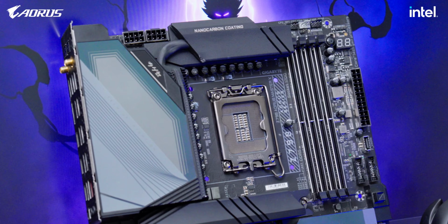Last but not the least, let's also talk about the connectivity part. You're getting a brand new I/O shield, that too with a new vented design. Have a closer look. You'll actually observe that there are tiny holes over here for improved air ventilation. The Aorus Master X offers plenty of ports on this board. You're getting almost 11 USB 3.0 Type-A ports and 3 super fast USB-C ports available at the back